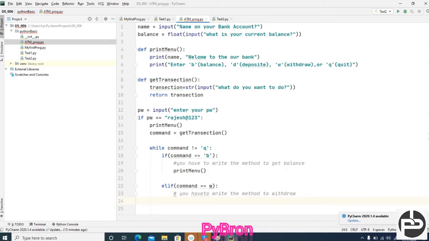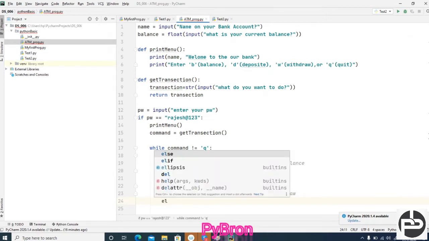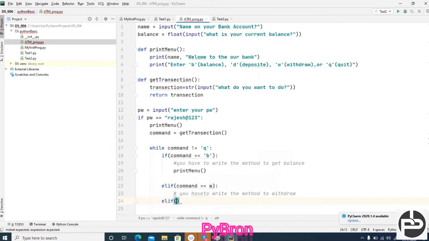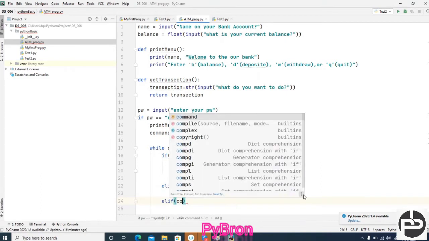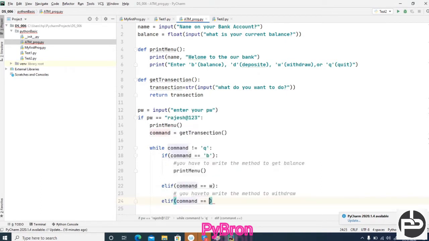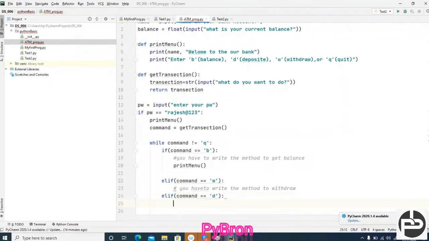Next, this elif part is done. Next, withdraw is done. Next, deposit, right? Elif, and here you can say if command equal to, oh sorry guys, here you should make it like this. If deposit, right, D for deposit. Again, if the user is going to deposit the money, same thing.